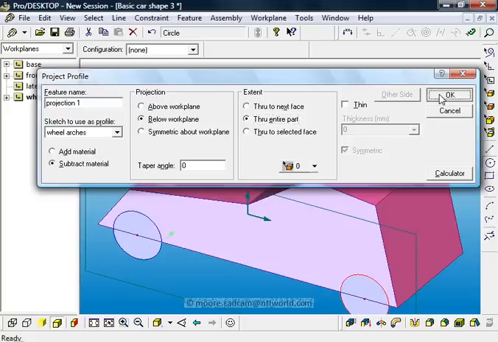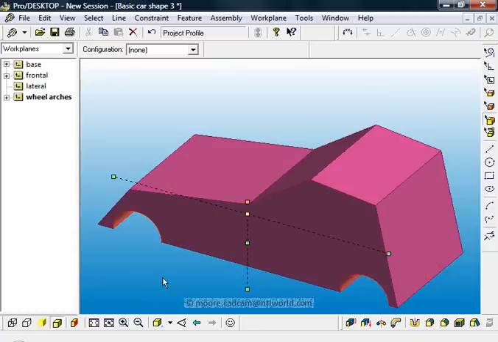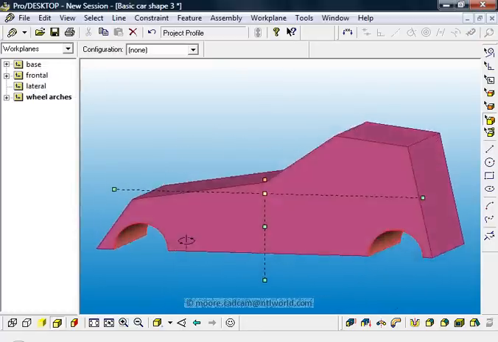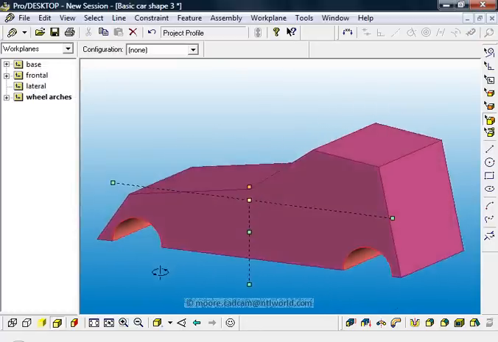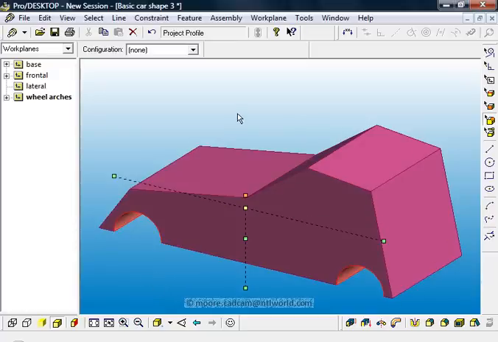I then click OK. And you'll see now if I hold down the middle mouse button on the wheel, I can see the shape that I've cut. Click outside my shape and I've got the wheel arches cut into the car. So I'm now going to save that